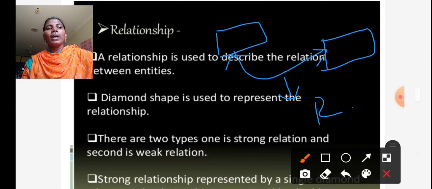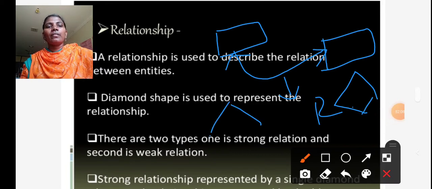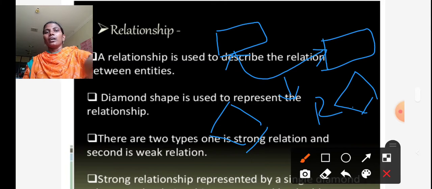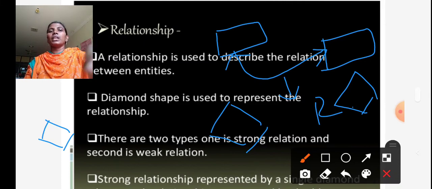The relationship is displayed with the help of the rhombus symbol, or diamond shape symbol. Here the relationships are weak relationship and strong relationship.